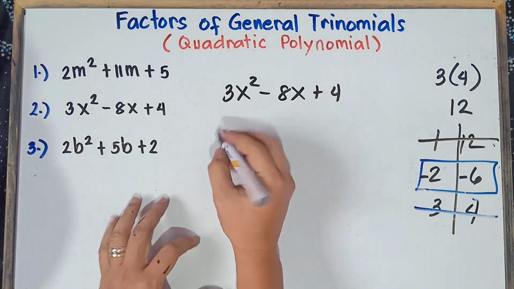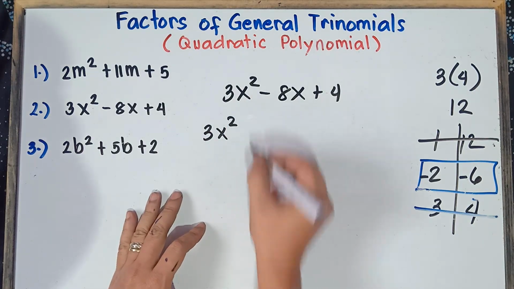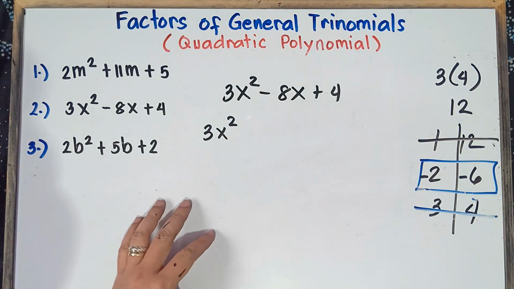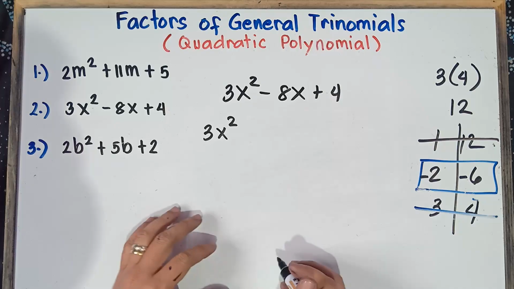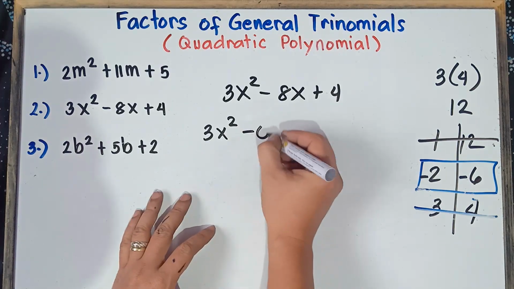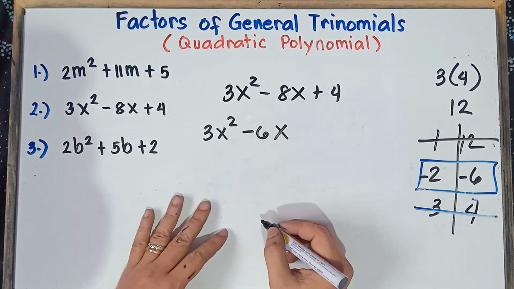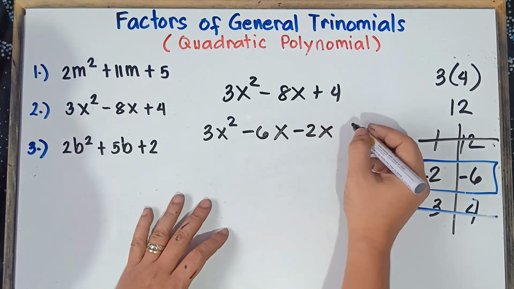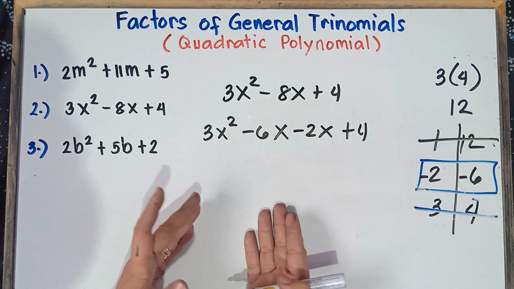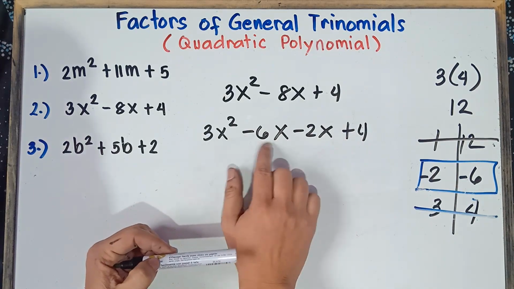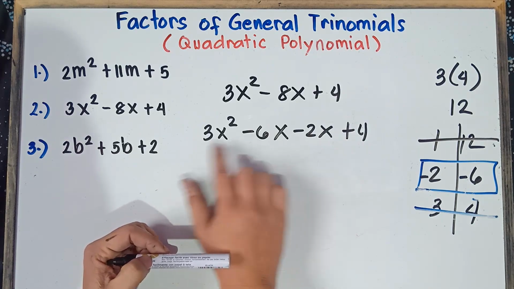So simply copy the first term, 3x squared. Alright, and then we can have negative 2 first or negative 6. It's up to you, class, which do you prefer. So I can select, class, negative 6 and then simply copy x. And then negative 2 and then simply copy x and then positive 4. Okay, I can interchange this one, class, because 6 and 3, there is a greatest common factor of 6 and 3, that's only 3.